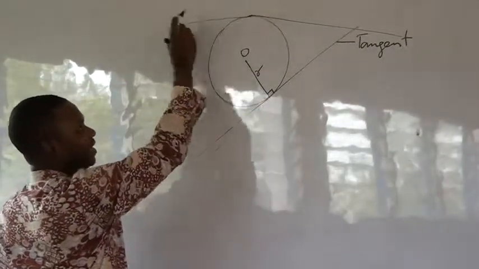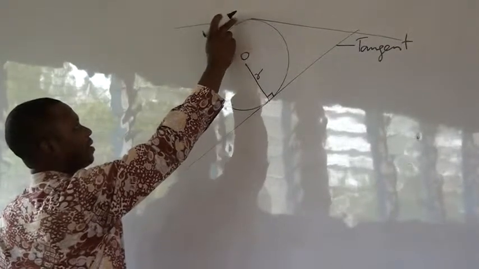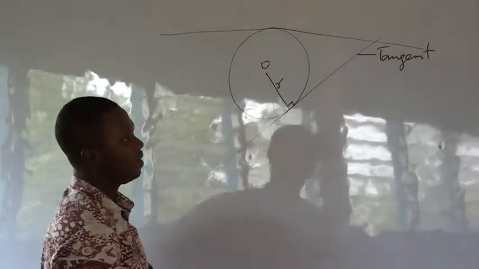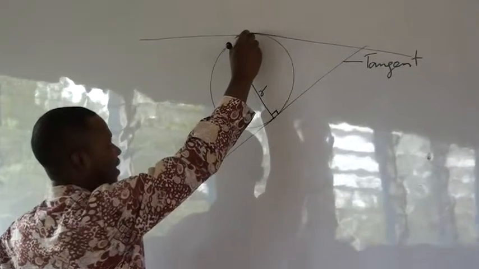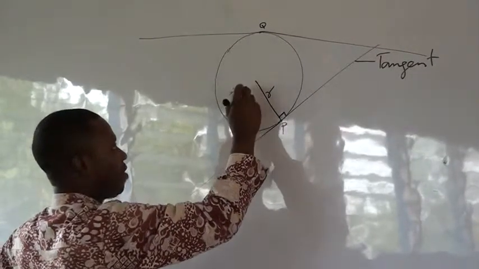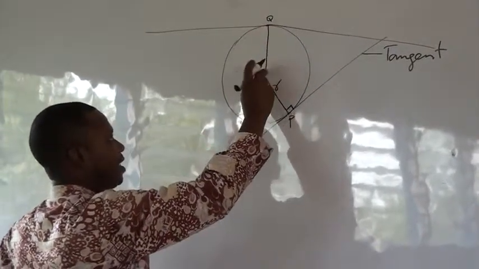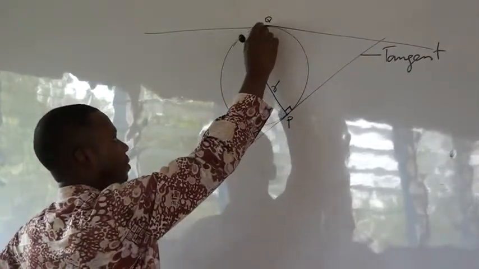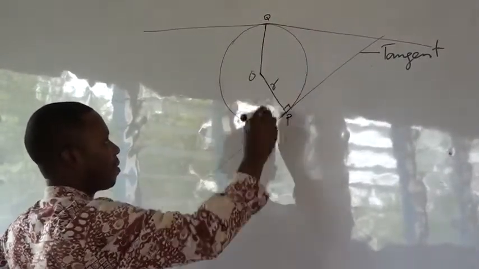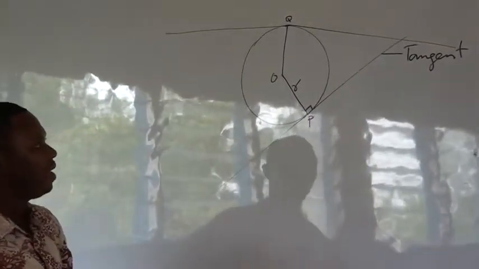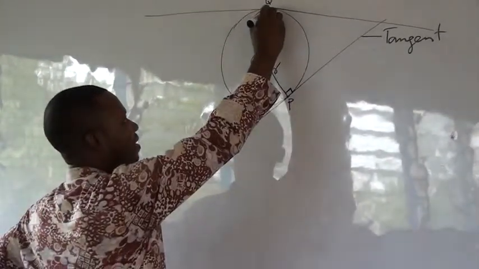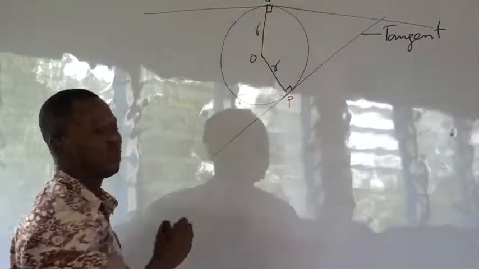Now if I have another tangent this way, and also generate another point of tangency here, if this is P, let me call that one Q. For this we can also draw a radius to the center. And obviously, if we take this at the point of tangency, the angle there will also be